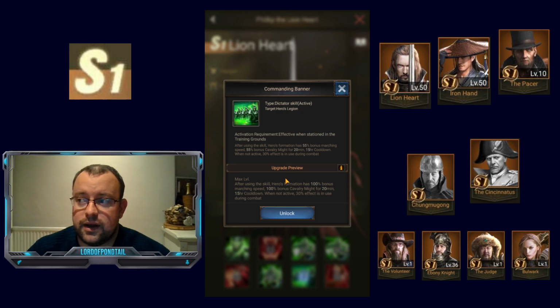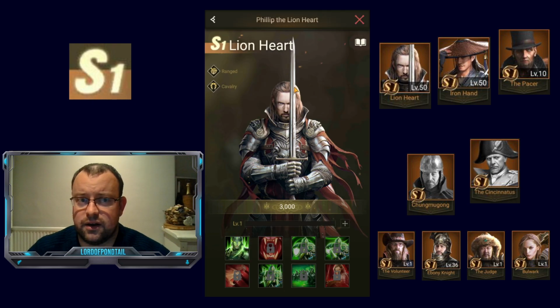Say if you're using a Footmen legion to attack a structure and you need them to attack as quickly as possible because your banner only lasts for 30 minutes, activate this, put out Iron Hand on your Footmen legion, activate this buffer, it's going to give them a big bonus on their marching speed for hitting that structure coming back again. So this is why, and like many people, I have Lionheart and Iron Hand, and I still use them regularly in my account,